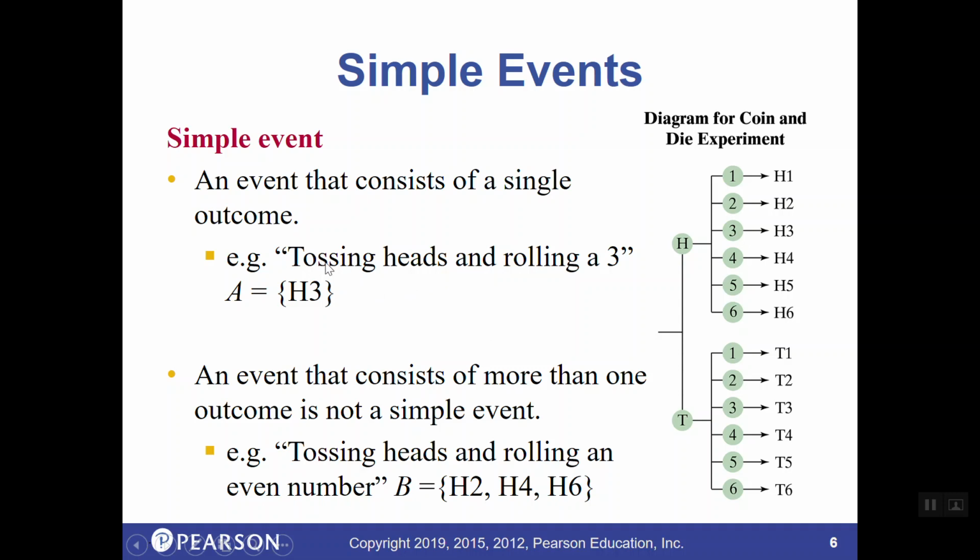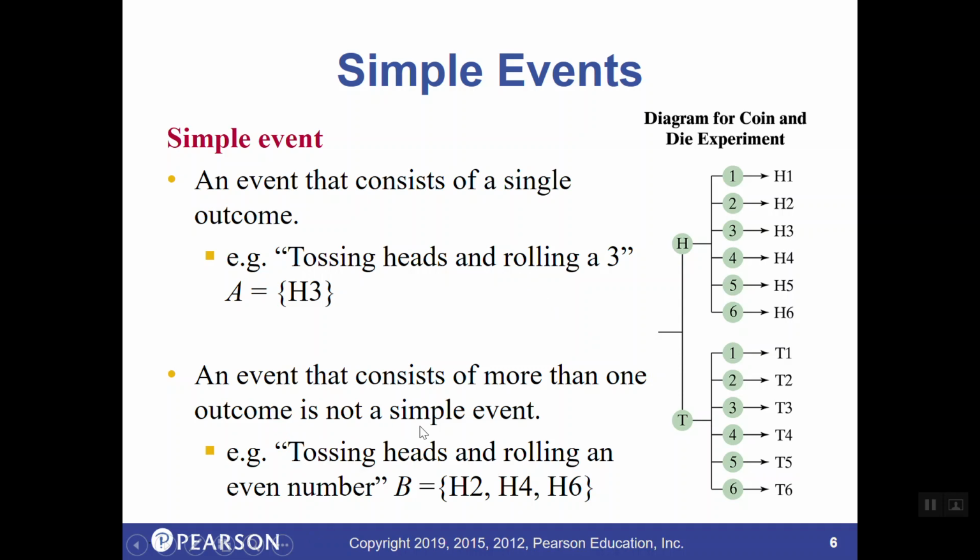If you're looking for tossing heads and rolling a 3, there is only one outcome that satisfies that condition: heads 3. Another example could be tails 5. There is only one outcome that is as specific as that, tails followed by a 5. But in this second